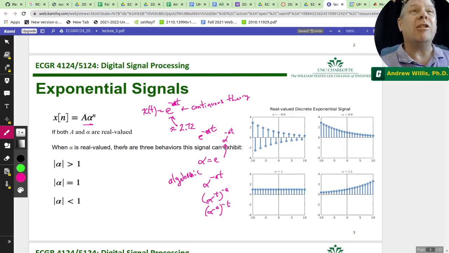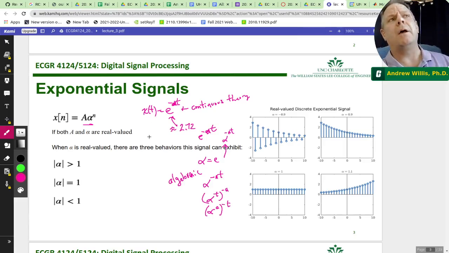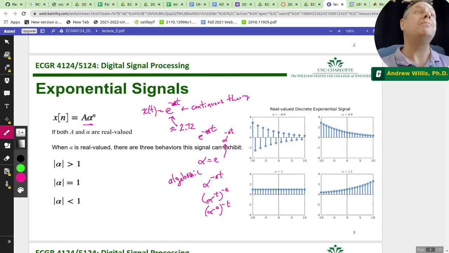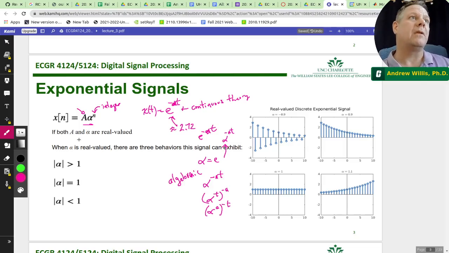So that's a little bit just about the exponential function and how it comes up. Here in discrete signal processing, we talk about it as some number, alpha, to the nth power, where n is an integer. So we're talking about integral powers. Now, a is some arbitrary constant out in front. Now, if a and alpha are both real values, then we get exponentials as we've always known them,